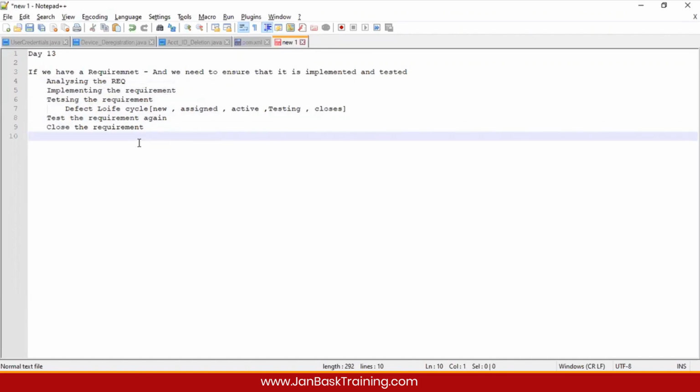Each and every normal item has a life cycle. We humans even have a life cycle, right? We start from a very small age, like a newborn baby, till we grow old. So a life cycle is related to each and everything. So in Selenium too, we have a life cycle in which we write the code, we analyze the code, we debug the code, we fix the code. We'll be studying about that.